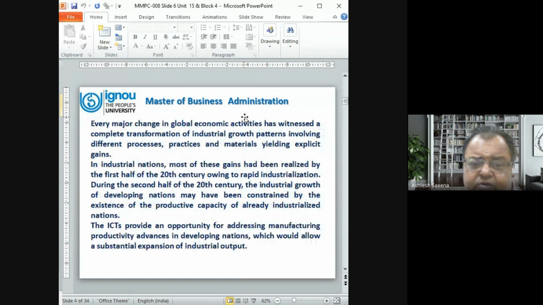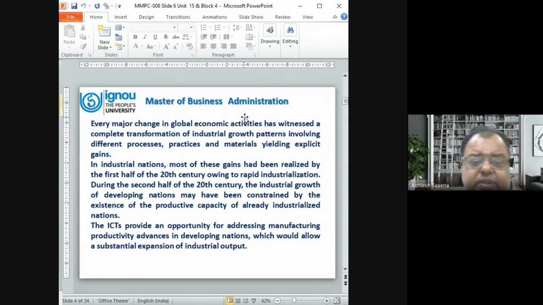Every major change in global economic activities has witnessed a complete transformation of industrial growth patterns involving different processes, practices, and materials, yielding explicit gains. In industrial nations, most of the gains have been realized by the first half of the 20th century, owing to rapid industrialization. During the second half of the 20th century, the industrial growth of developing nations may have been constrained by the existence of productive capacity of already